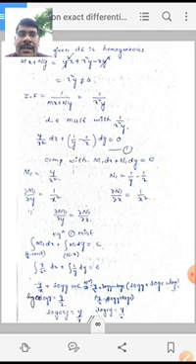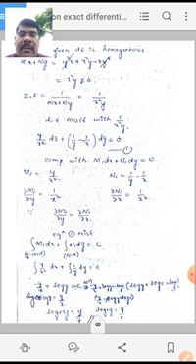But the given differential equation is a homogeneous differential equation. Here Mx + Ny is equal to y²x + x²y − xy², which is equal to x²y, not equal to 0. Therefore the integrating factor is 1 by (Mx + Ny), that is equal to 1 by x²y. This differential equation multiplied by 1/(x²y), therefore y/x² dx + (1/y − 1/x)dy equal to 0.